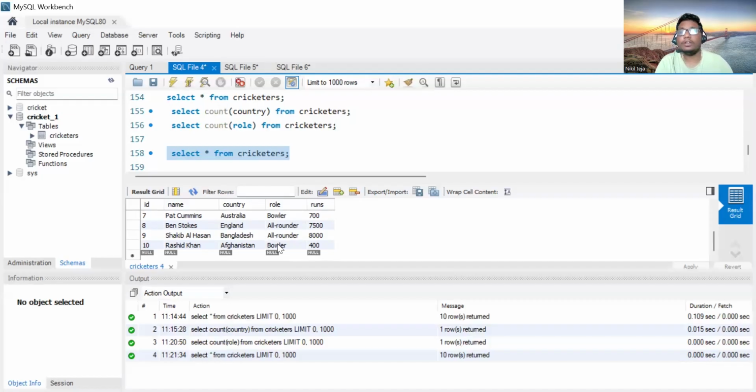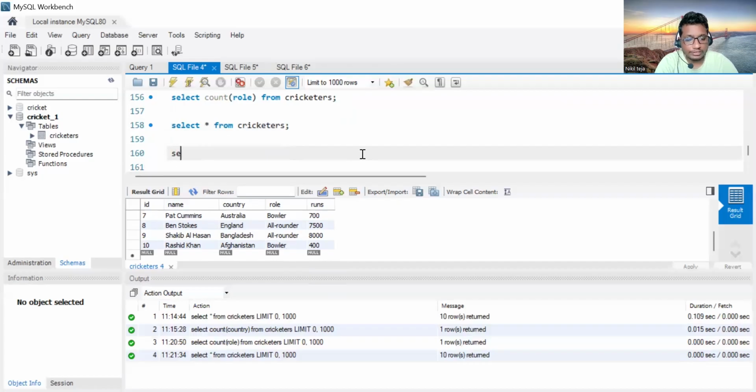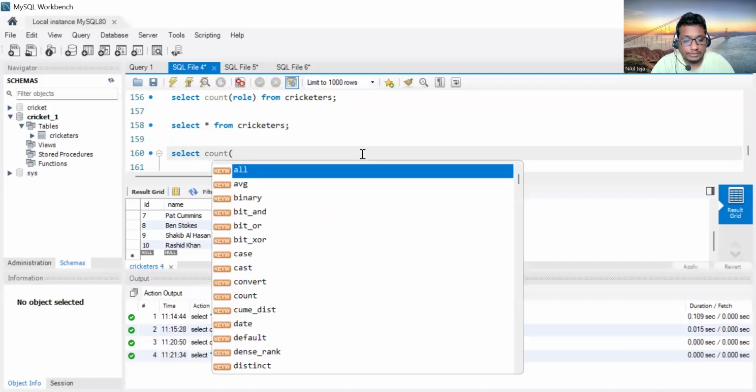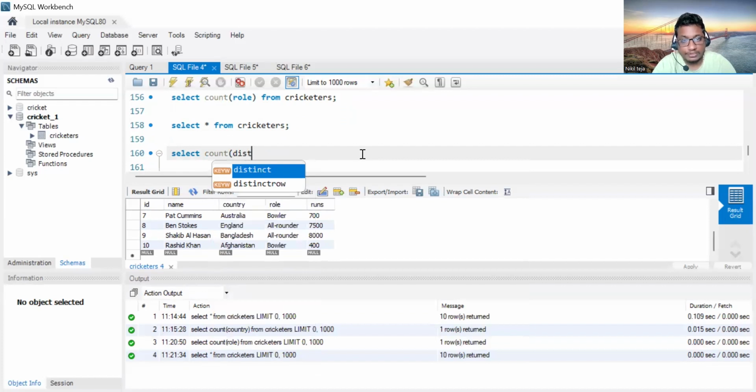So in order to get the unique records of the column, where I don't want any duplicates, I want only unique records of the column. Then we can use the keyword called distinct with count. I'll show you with a live example. We will be implementing it in MySQL now. Select count distinct of country. I want only distinct values of the country column